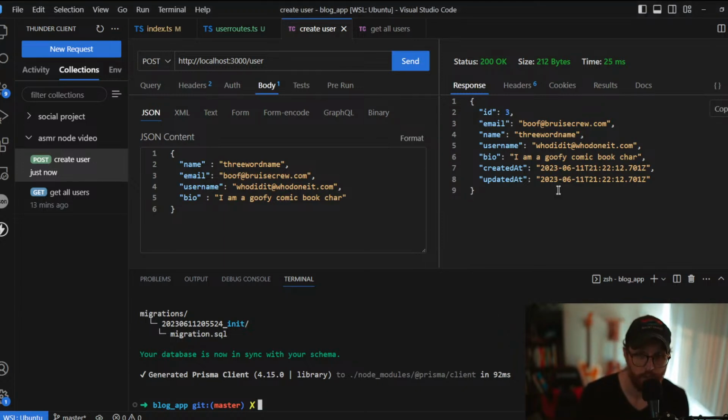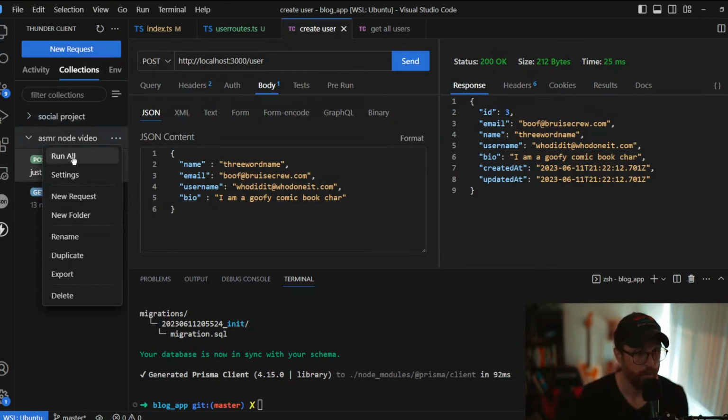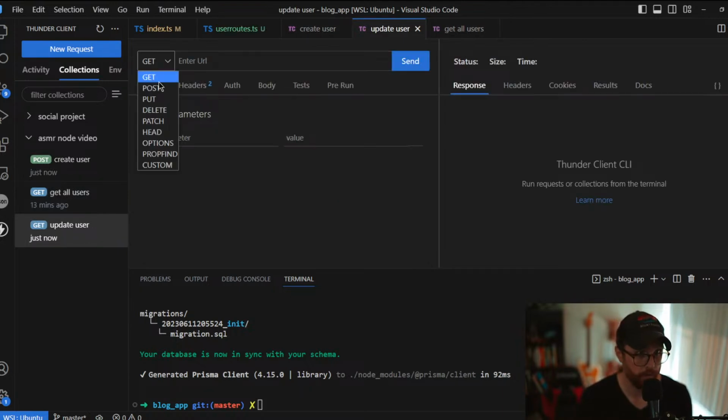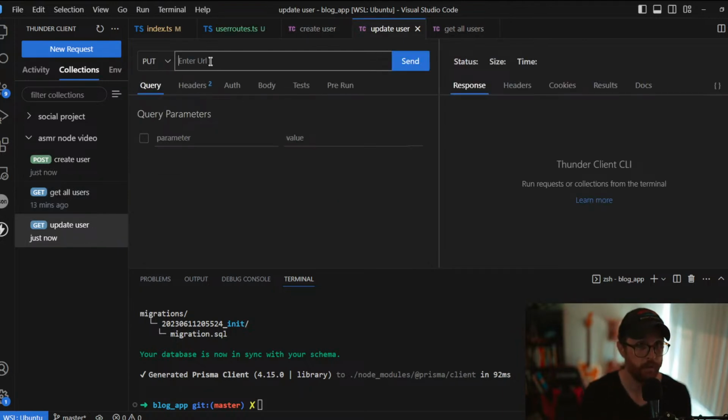What else are we doing here? Oh, we'll do a put and a delete. So let's do a new request. Let's see here. Run all. New request. Update user. There we go, and this is going to be a put request. This will be, let's see,